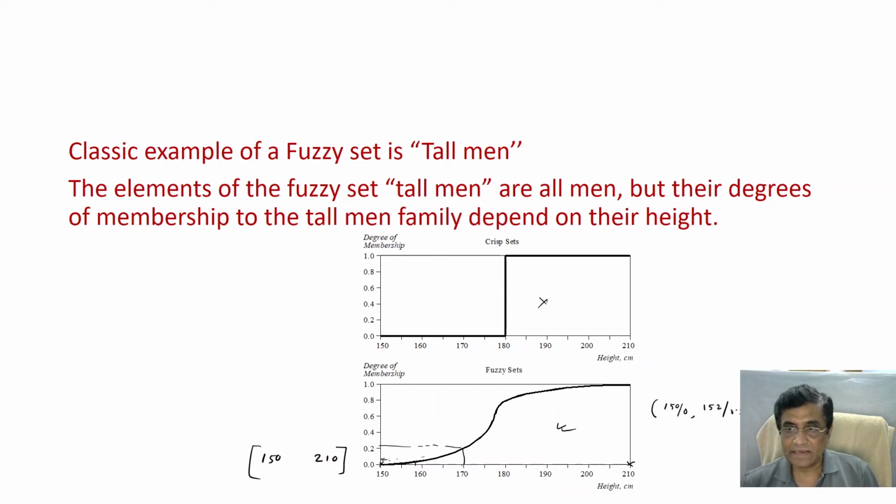So I am writing the element in the fuzzy set as a tuple, element slash its membership value. So these are my elements in the fuzzy set: attributes coupled with their membership values. I can thus create a set with as many elements as I want. The more elements you put, the more precise inference you can draw, but the more computation you need to do. So there is no free lunch again. Okay, so this is the concept of how to design a fuzzy set.